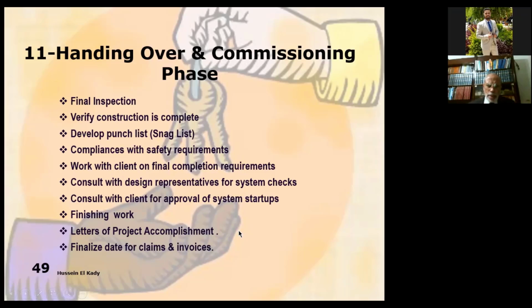Sometimes some claims and some invoices are there. That's normal, and the final invoice is never given before the handing over and commissioning phase. It should be after the handing over and commissioning phase, and they even keep 5% as guarantee for the year of warranty or of